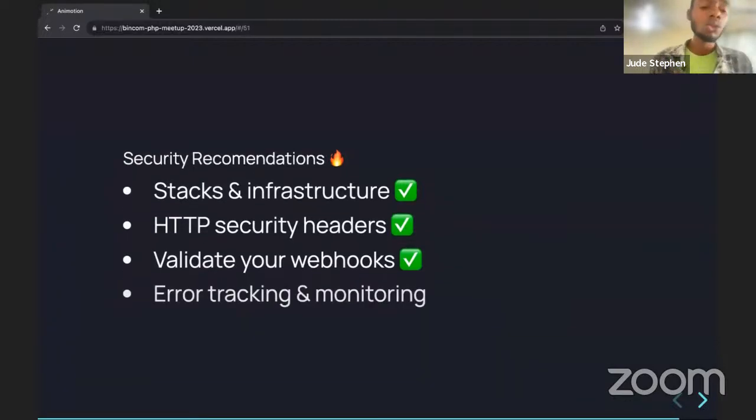The last one we are going to talk about is error tracking and monitoring. This is the last on my list, but there are a lot of things you have to do. Error tracking and monitoring is one of the things that developers don't care about. And in Laravel, we have a community where we have open source error tracking, open source monitoring. We even have things that gauge our queries and a lot of things, but we are not using them. You need to learn to track the errors that are coming to your website.